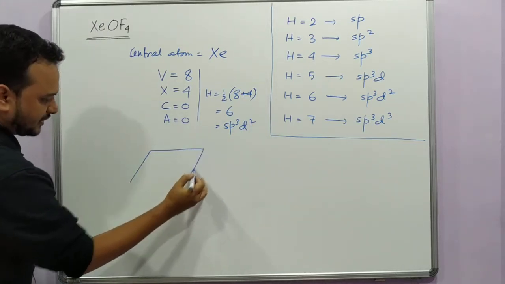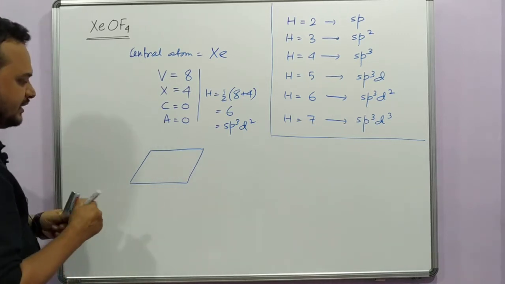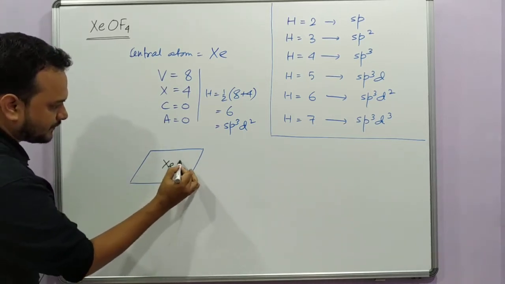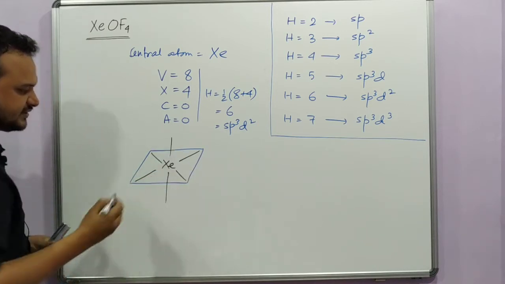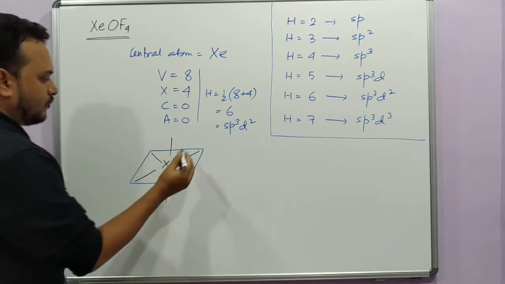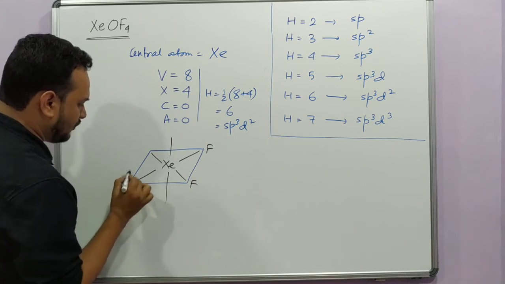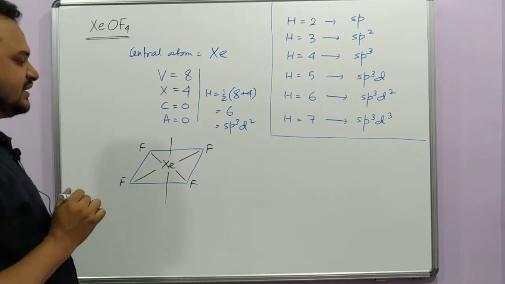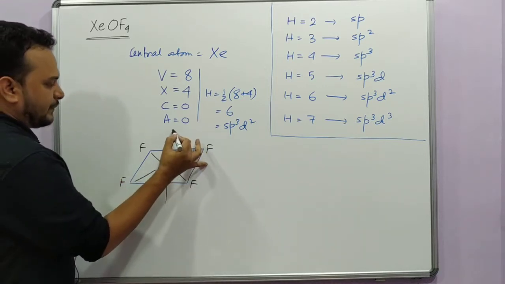So how will the molecule look? sp3d2 means octahedral. So we are trying to draw the octahedron. These are the 6 vertices. Now how will they be occupied? So 4 of the vertices will be occupied by fluorine. We already know that octahedral means all the 6 positions are equivalent, right? Now 1 will be occupied by oxygen.